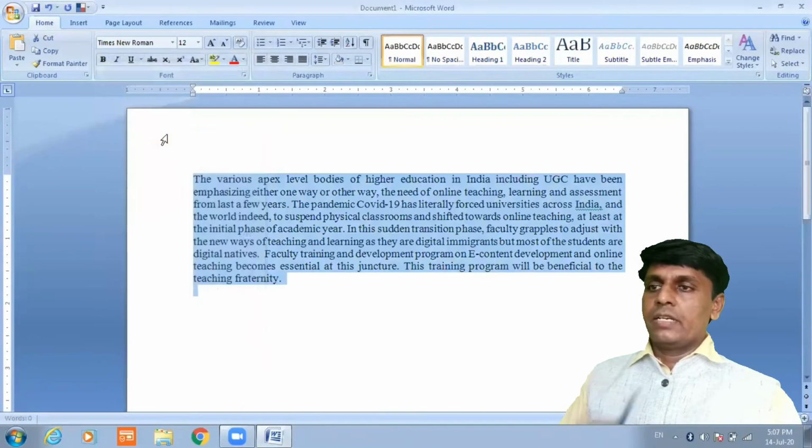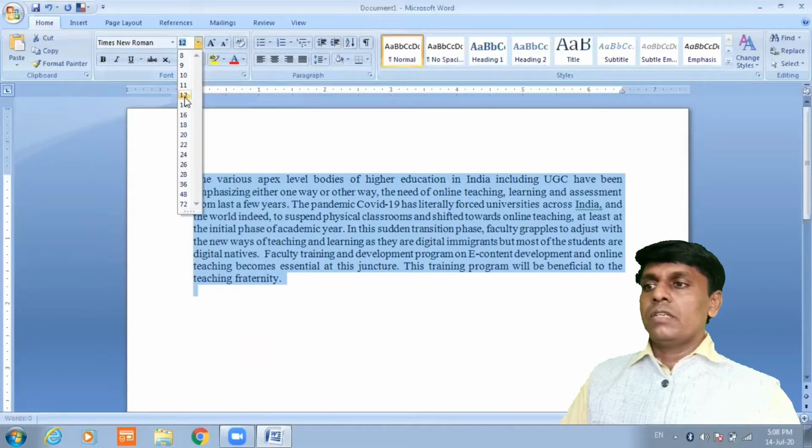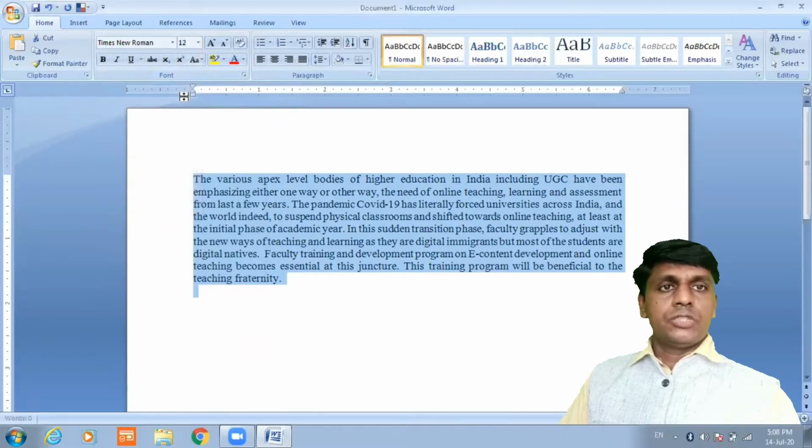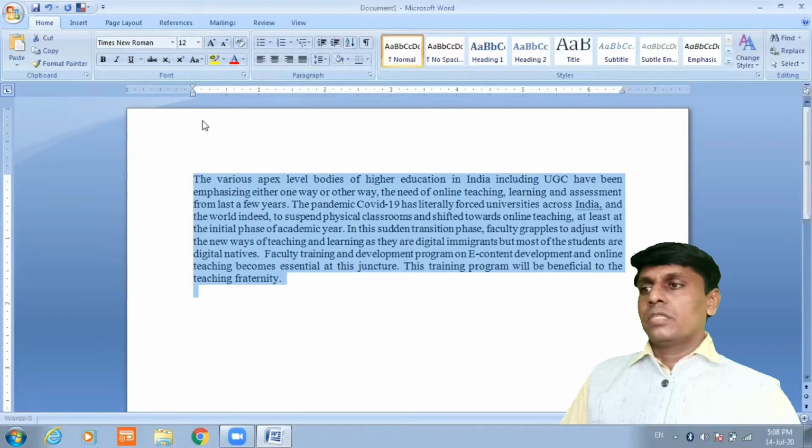I selected Times New Roman. After selecting this, go to the size of font, and usually it is 12. Here I selected 12. If you want to use headings, then you can use size 14.